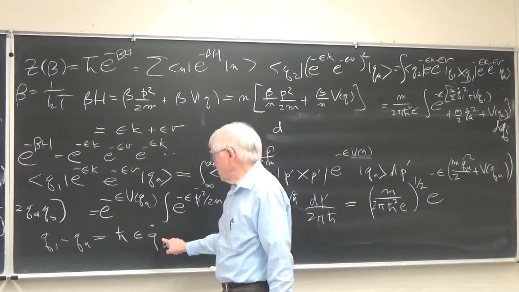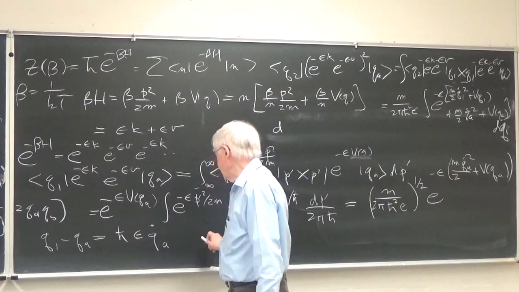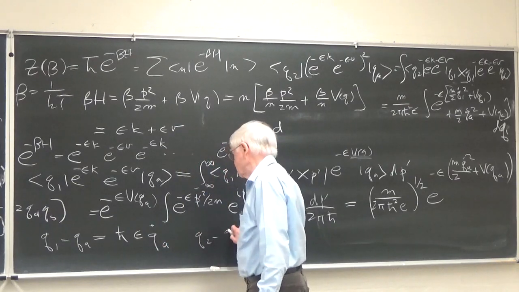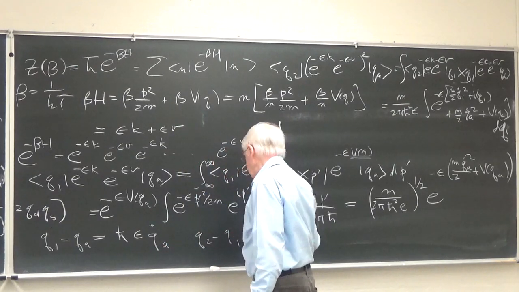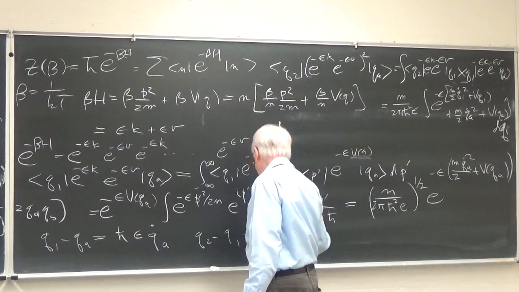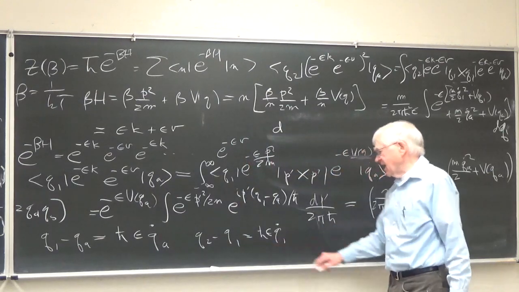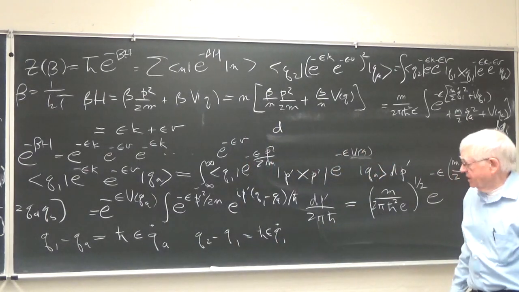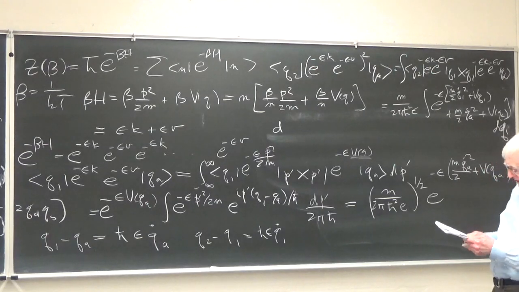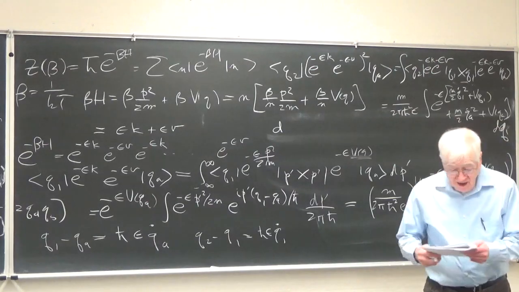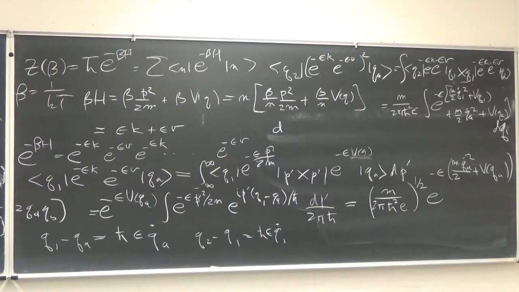So just as QA dot is that, Q2 minus Q1 is h bar epsilon Q1 dot. So that's what Q1 dot means. It's given by that formula. And now if we go to n terms, what we get is